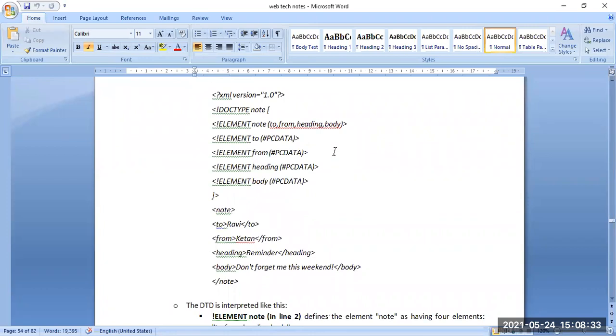So here we can see an XML document: version 1.0, DOCTYPE note, ELEMENT note (to, from, heading, body), then ELEMENT to (#PCDATA), ELEMENT from (#PCDATA), ELEMENT heading (#PCDATA) and ELEMENT body (#PCDATA).